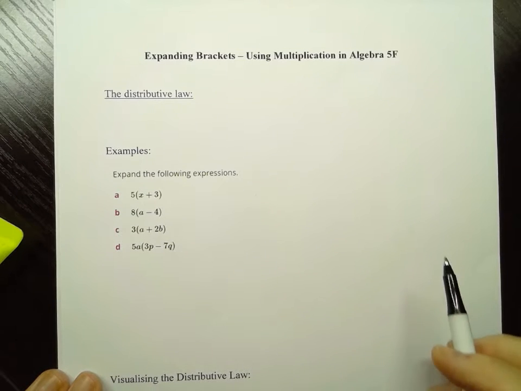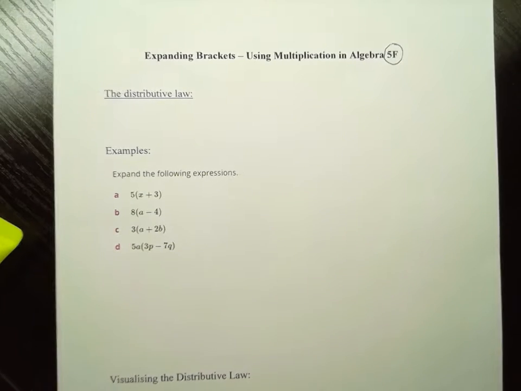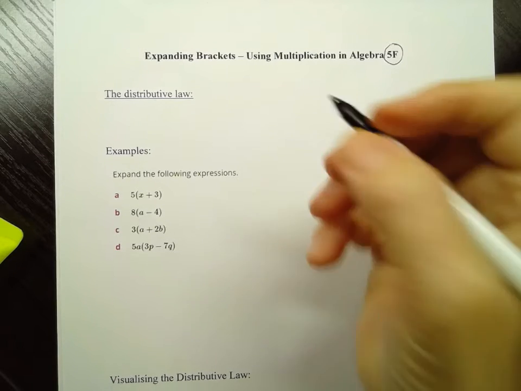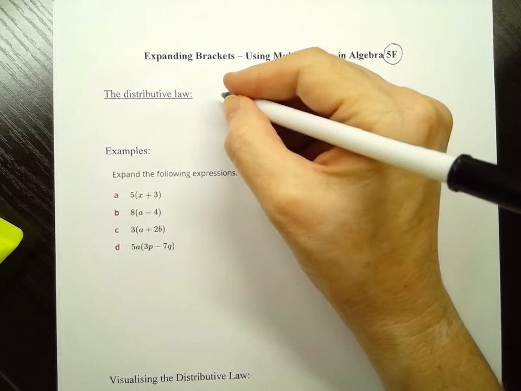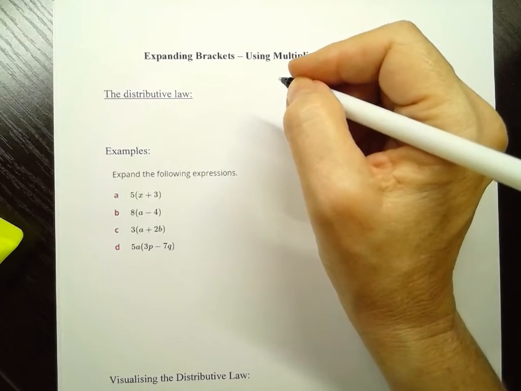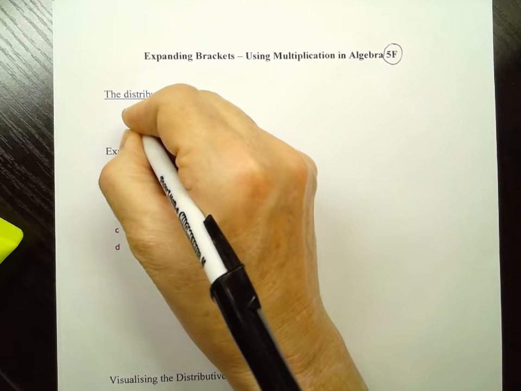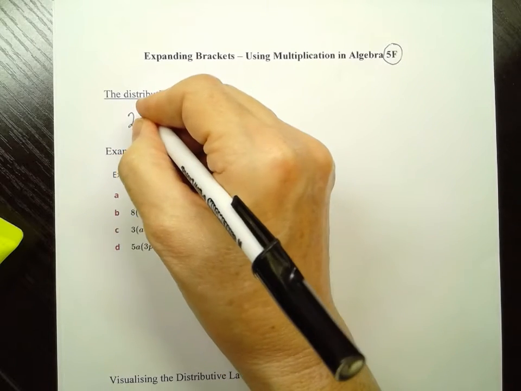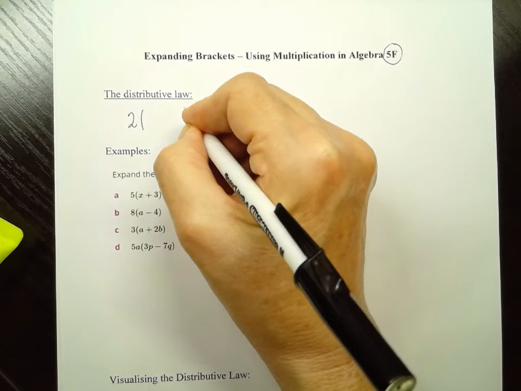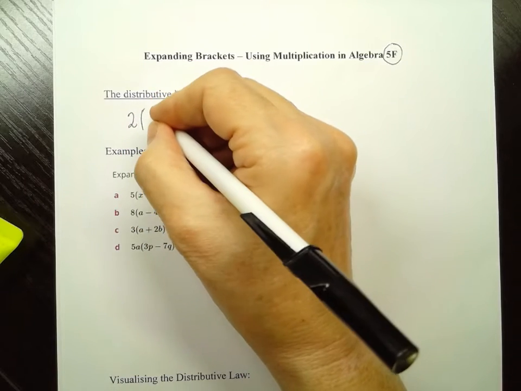Girls, this is 5F, expanding brackets using multiplication in algebra. So there's this thing in algebra called the distributive law, and here's what it says. I'm going to do it with numbers first, and then we'll do it with letters. The distributive law says that if I have a number outside a set of brackets where I'm adding other numbers,